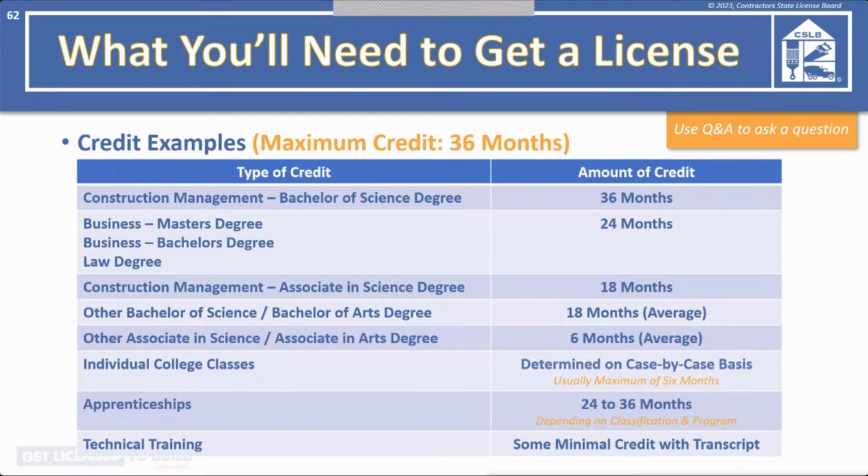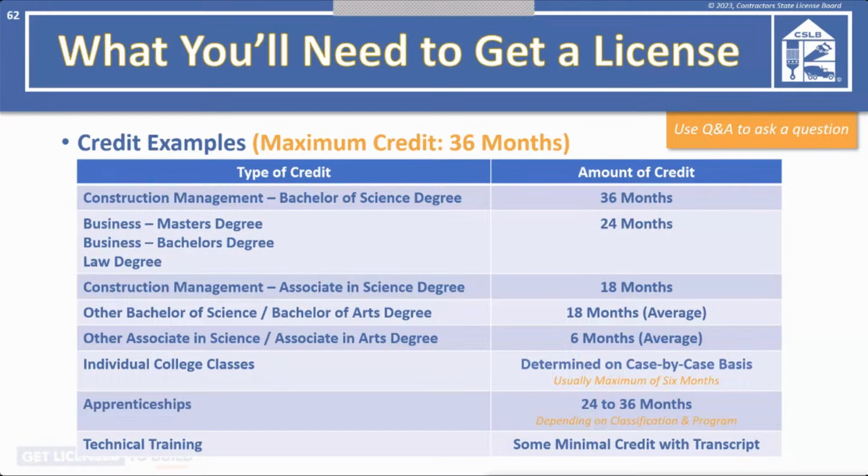All right. Confirming I heard correctly, instead of having the university send the sealed envelopes of the transcripts directly to CSLB, have the applicant submit it in the sealed transcript envelope within the application so it doesn't get lost. That's exactly correct. Include your transcript with your application. Don't mail them in separately. We try to match them up, but there are instances where we are not able to match up the application with the transcript, and so they wouldn't get credit.